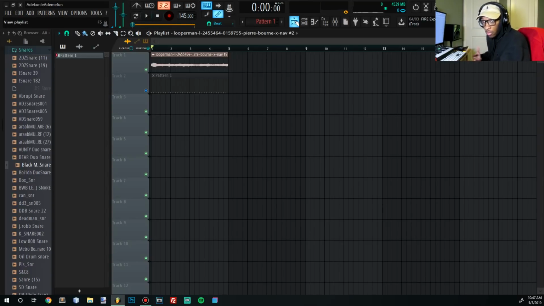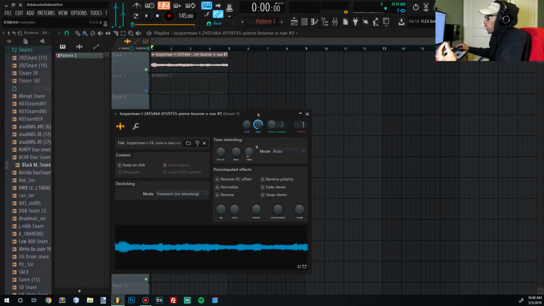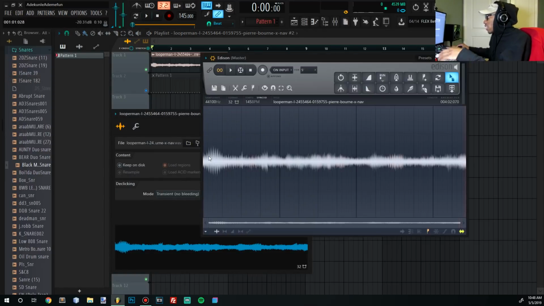Now that we're done fixing our sample and EQing and all that stuff, you're probably wondering, what if I want to add to the sample and I don't know what notes to use? Well, it's a good question. What we can do is go back into Edison. So we're going to take the sample with the perfect loop, we're going to do the Control E thing, and